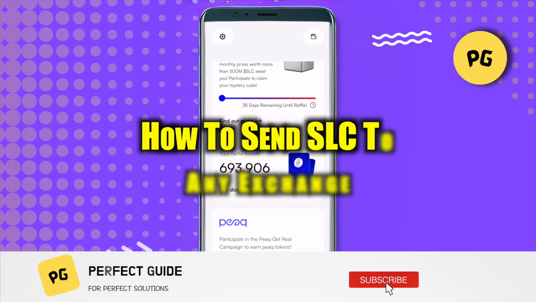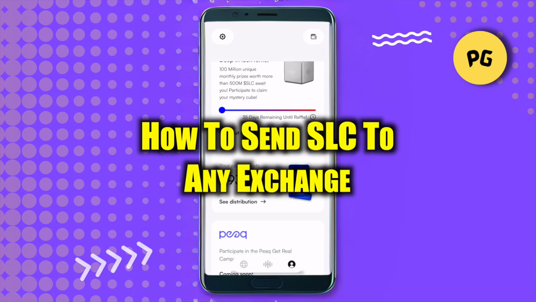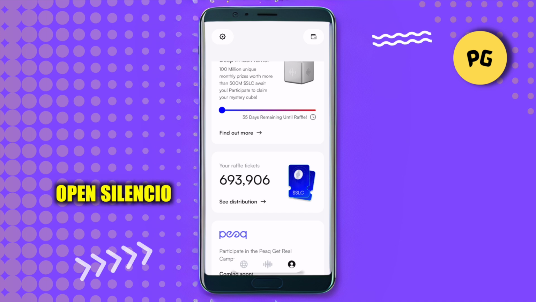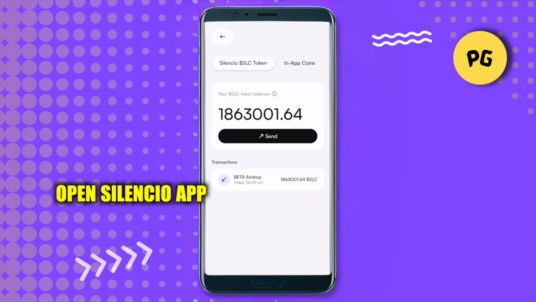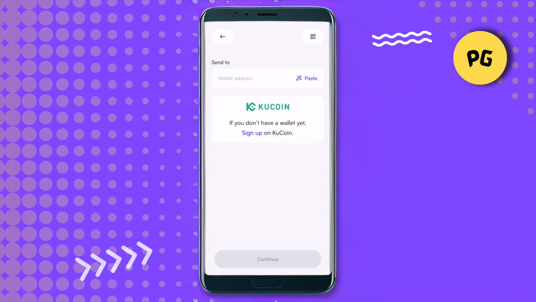How to send SLC to any exchange out there. For this, just simply open up your Silencio app, and after that just open up your wallet. Here, right below your balance, you would be able to find this option of send. Simply click on it. After that you would be able to find this option of Kucoin, and the Silencio team